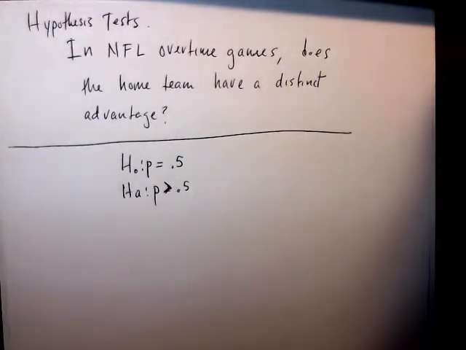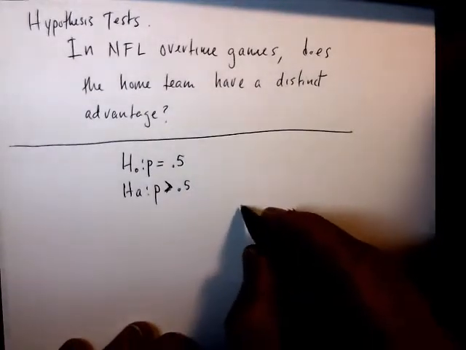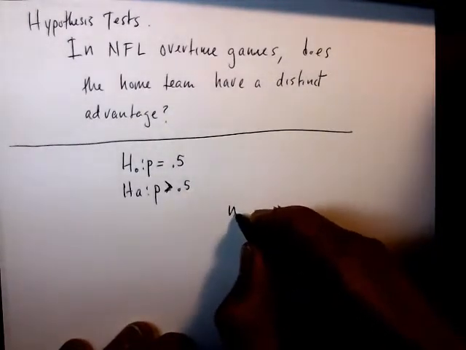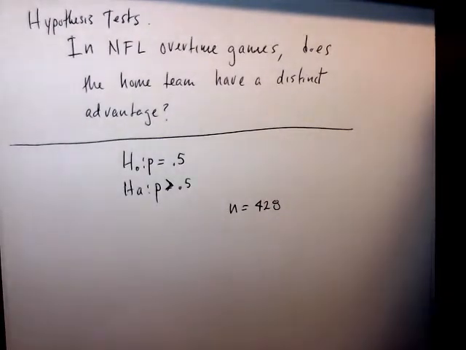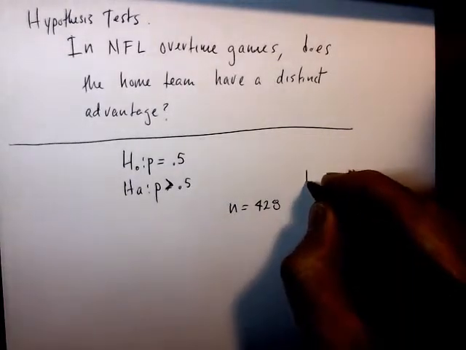Okay, so what people did is they went out and they looked at 428 NFL games. Now, I'm not going to talk about what their X was yet, how many of those NFL overtime games were won by the home team. Before I do, I'm just going to look at that. N is equal to 428 and that P. Somewhere there is a P hat,